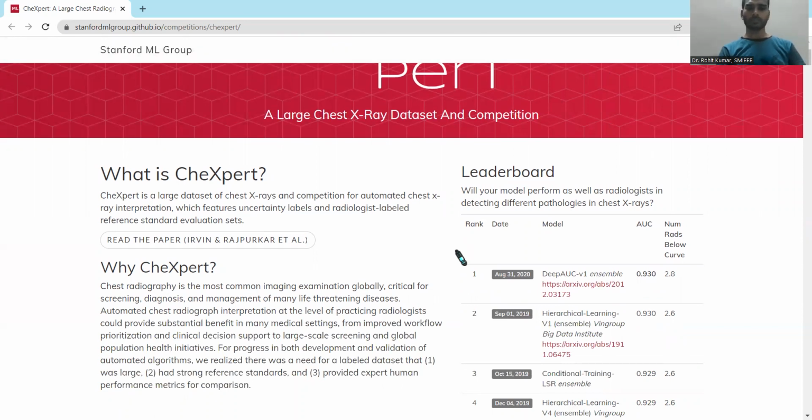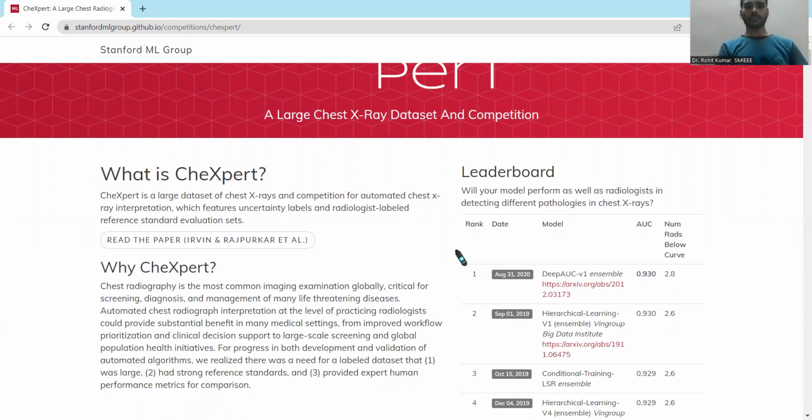This dataset helps you with chest X-rays and the related computations for automated chest X-ray interpretation. As we know, chest X-ray examination is one of the most popular examinations in the medical field, and different cardiologists use it globally.